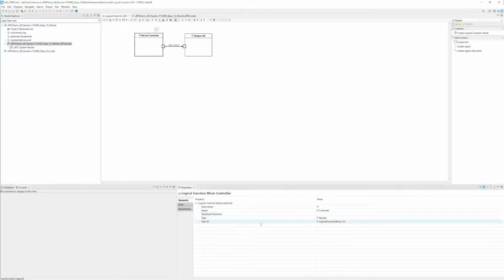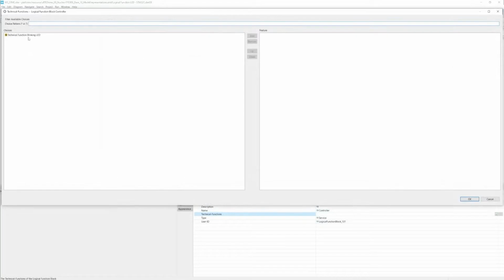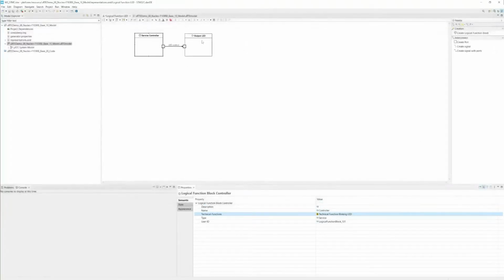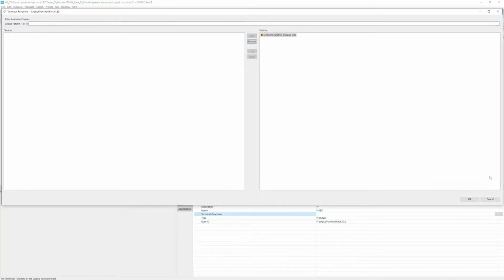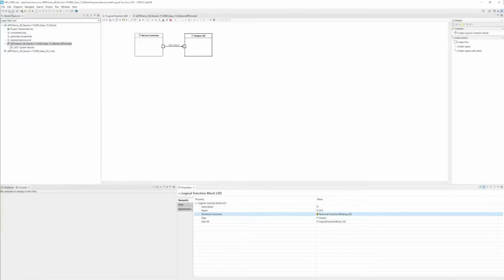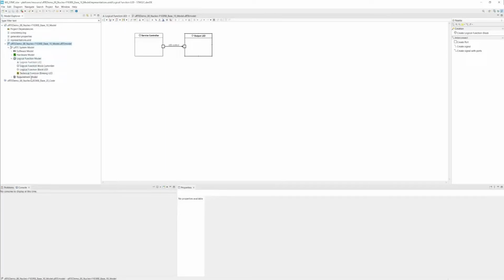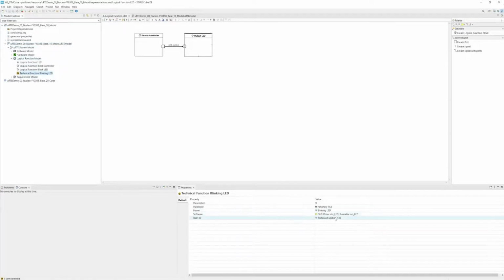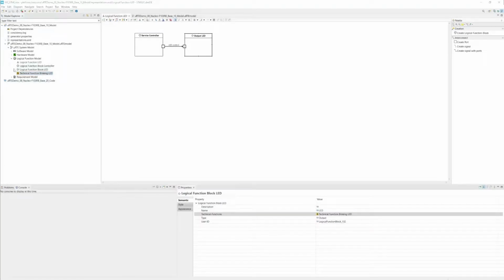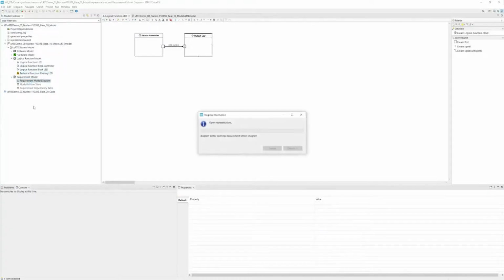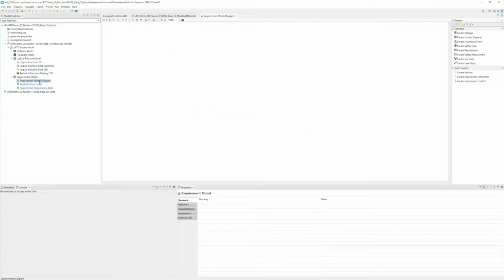However, in this case, for our simple example, we can now also reference from the logical function layer, or from those logical function blocks, to the technical function, and the technical function in turn will now map to the actual implementation. For the requirements layer, I already have an empty diagram in here, and before we can create any